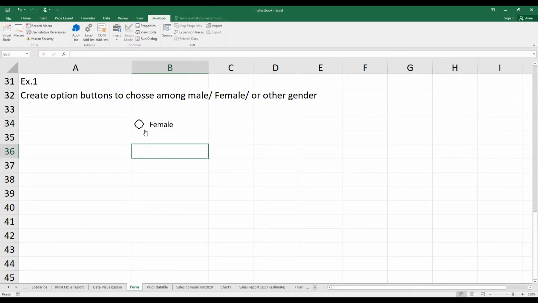Second option button, do similarly as the previous one. I create another option button and I name this one as male. And lastly, other. Do the same thing. I go to developer tab, insert, and then go to option button in the form control. I choose other. And then I will use one blank cell, in this case I use A34, to keep